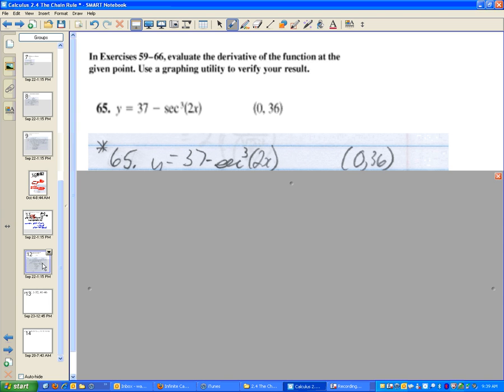Evaluate the derivative of the function at the given point. So first we find the derivative of y equals 37 minus secant cubed of 2x. Then we'll evaluate it at the point 0, 36. All right, before we get started,